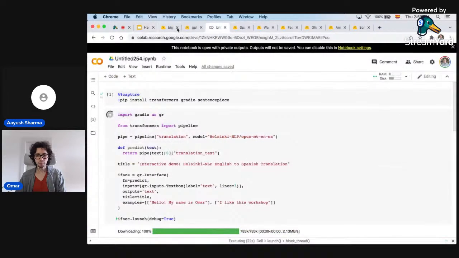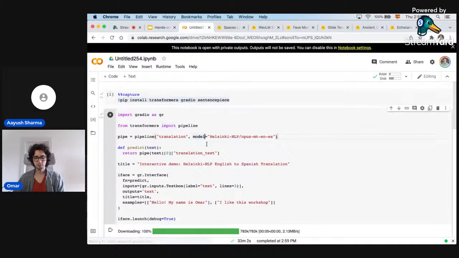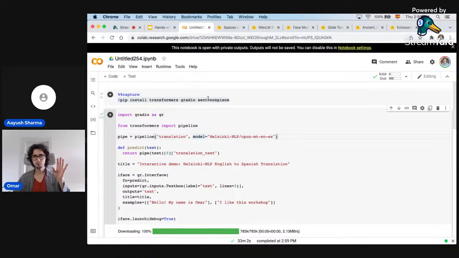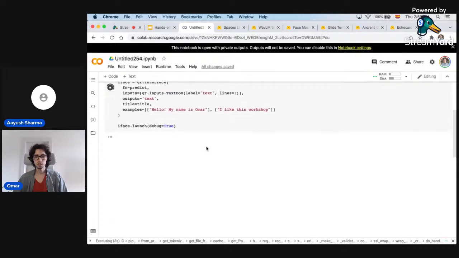So right now, here I am in Colab, and I imported a couple of libraries. I imported transformers, Gradio, and SentencePiece. Don't worry about these specific libraries. First, I'm just going to run this cell of code, and I'm going to show you the demo, and then I'm going to walk you through the actual code.